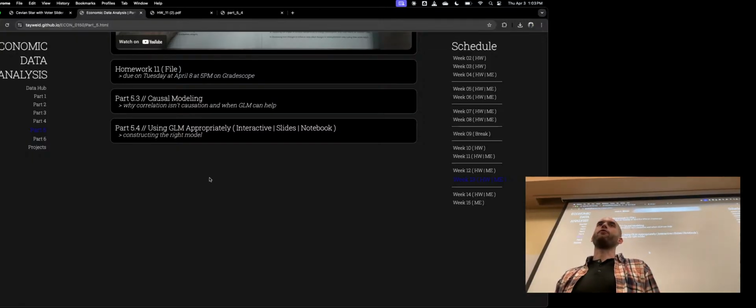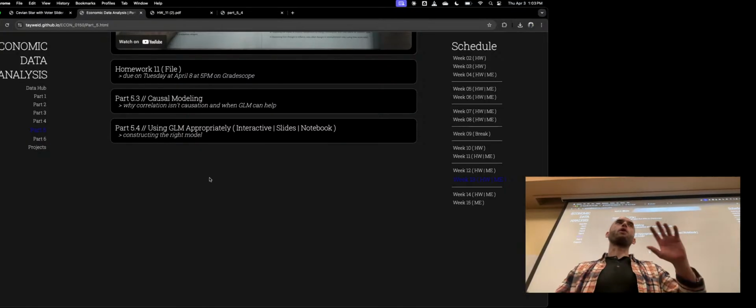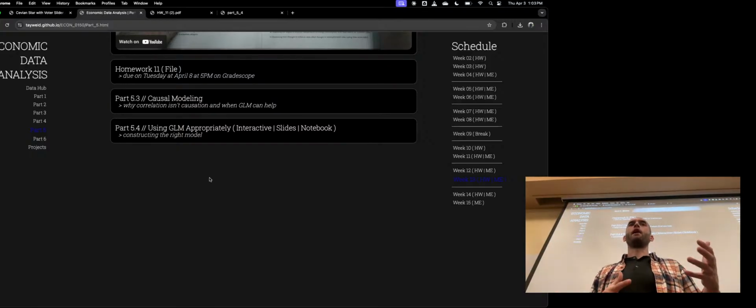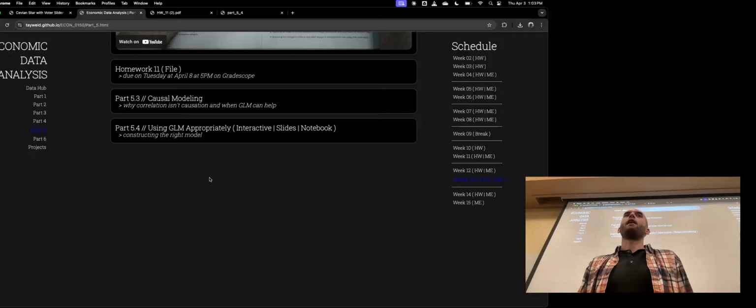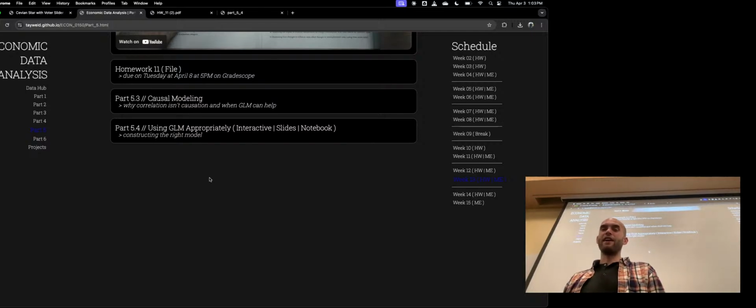Some of this will involve constructing useful visuals, which is a big part of what we've done in parts 1 and 2. But we're going to focus on communicating findings. This is how we write about our results and how we connect that to the figures that we're producing and displaying. We're going to take 2 weeks to do this, and we do this at the end because of the final project.